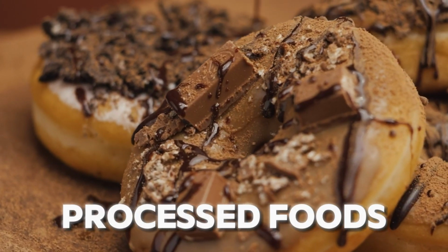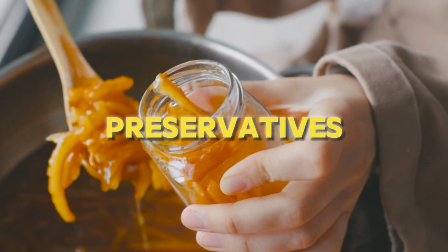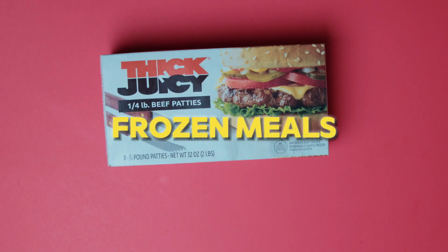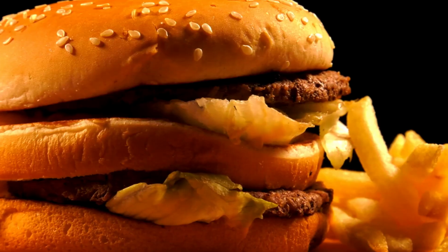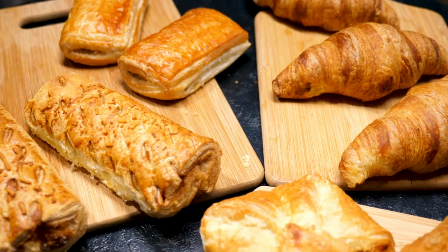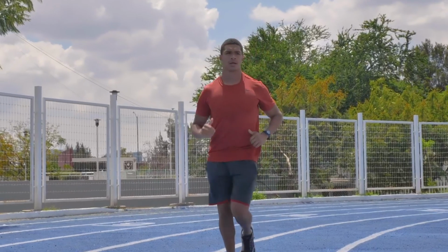Processed foods. Processed foods are typically loaded with trans fats, unhealthy oils, refined sugars, and preservatives. These compounds fuel inflammation, which exacerbates joint pain and stiffness. Fast food, frozen meals, packaged snacks, and sugary beverages are some of the worst offenders. By cutting back on these, individuals may experience noticeable improvements in joint mobility and reduced pain. Tip: swap out processed snacks with whole foods like nuts, seeds, and fresh fruit to keep your body nourished without